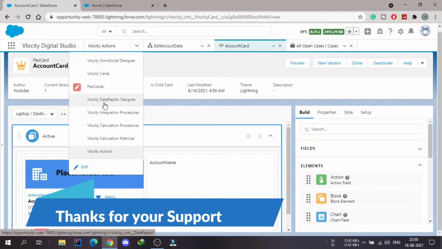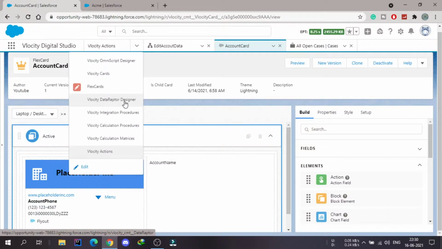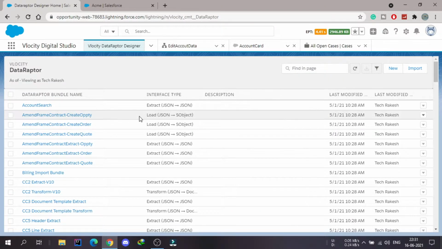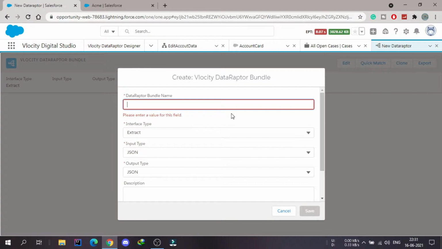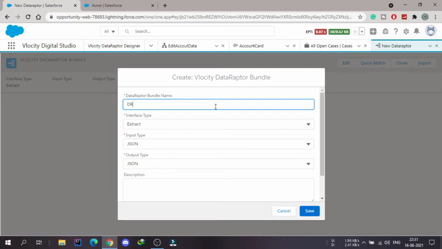So first of all we need to go to this Vlocity data raptor designer. So here there are some data raptors. So let's create a new one. So we need some basic information. We need to provide the data raptor bundle name. So I will name it as DR, which stands for data raptor, and account details,